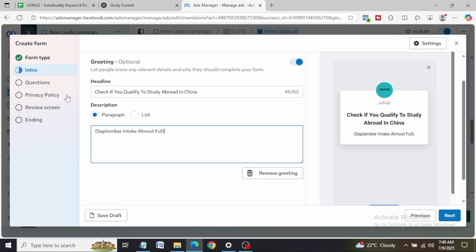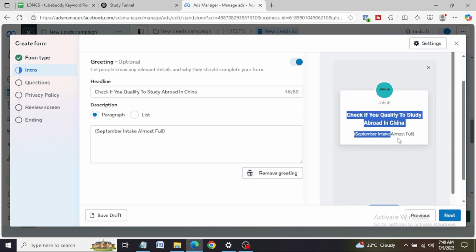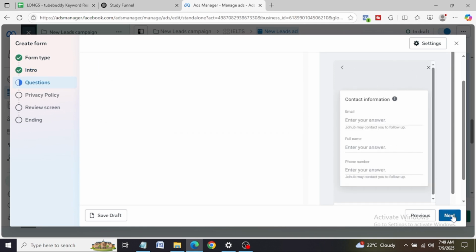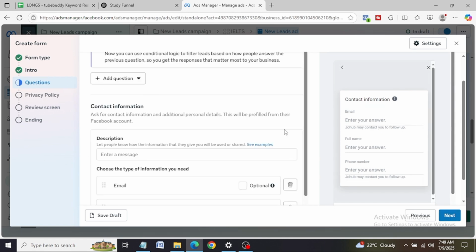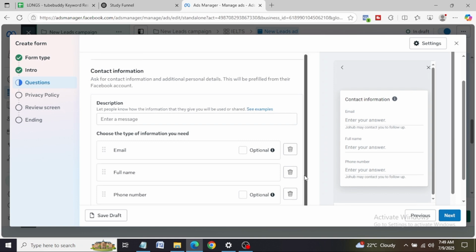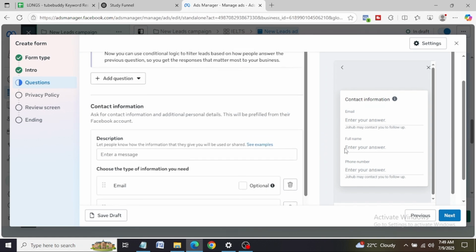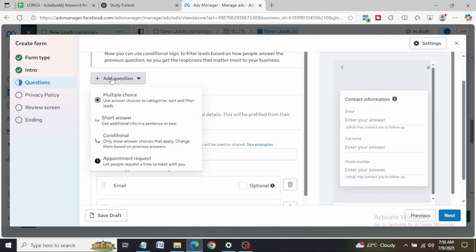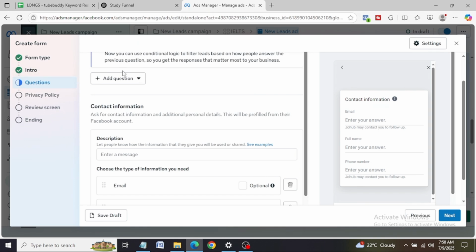All right. So once you get the headline of your form, which the previews normally appear here, you can now click on next. Now this is where you put in the questions. If you don't want to put in any question, you can just select next. But if you want to put in questions to filter out and get higher intent leads, you can select add questions here. Then you can choose multiple choice, short answer, conditional, or appointment request. But if you don't add a question here and you go ahead and click next,